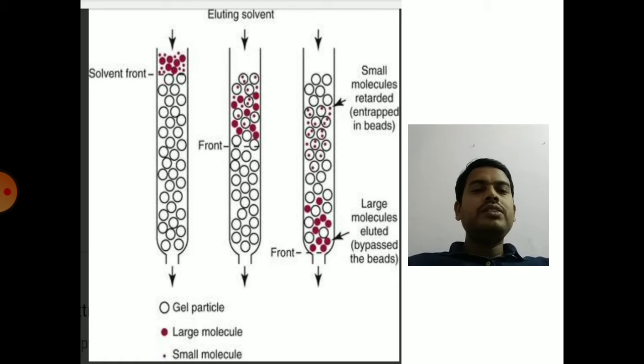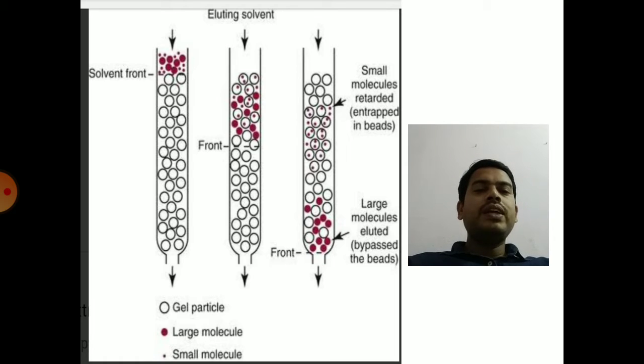Molecular exclusion means the molecules will be excluded from the gel beads. That means they travel in the spaces between the gel beads. That is molecular exclusion chromatography. Generally, the packing material in molecular exclusion chromatography will be hydrophobic material, whereas in the gel filtration technique, the technique is the same, but here the stationary phase will be hydrophilic. That is the major difference. So a hydrophilic stationary phase is present in the gel filtration technique, and in molecular exclusion chromatography it is the hydrophobic stationary phase that is used for the separation of the solute particles or sample particles.